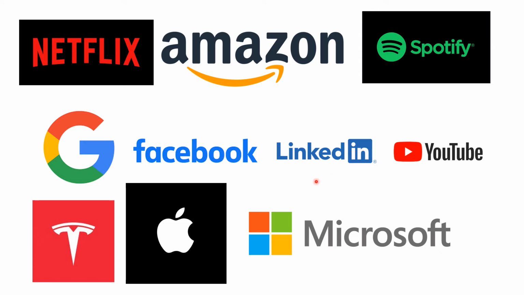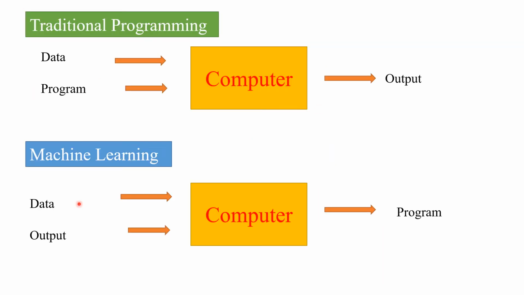Now, there is a vast difference between traditional programming and machine learning. Now, let's look at it. In traditional programming, you have your data and your program as your input, and then you send this into a system and then you get an output. For example, the square root function. You have your data, that is, I want to find the square root of 4. So the data is 4, the program is square root, and then we send it into a computer and